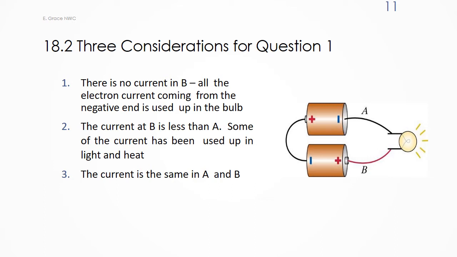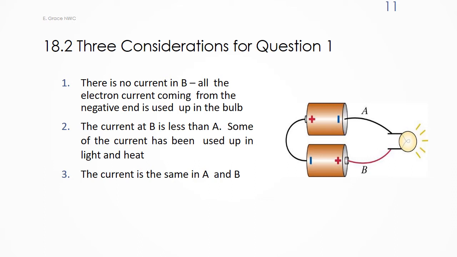There could be no current in B. All the electron current coming from the negative end is used up in the bulb. The current at B is less than at A. Some of the current has been used up in the form of light and heat. Or the current is the same at A and B. So let's break each one of these solutions down individually and see how we can arrive at the correct answer